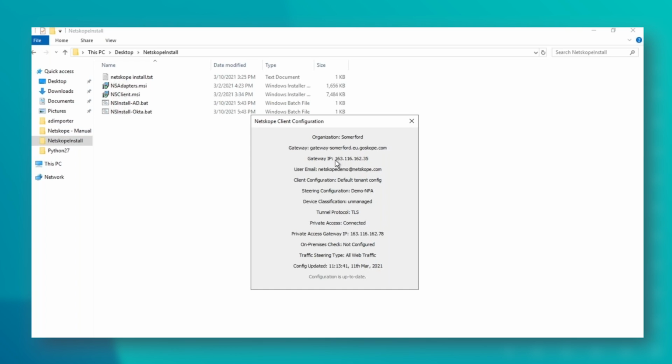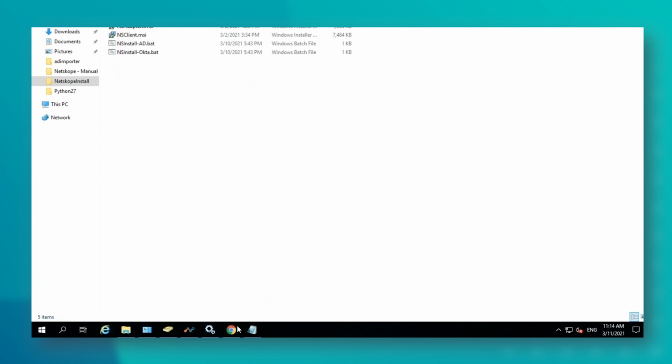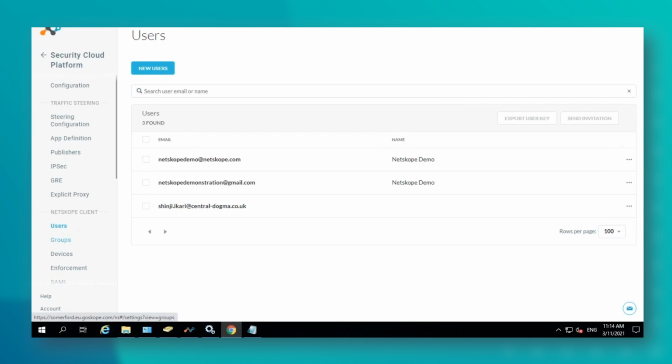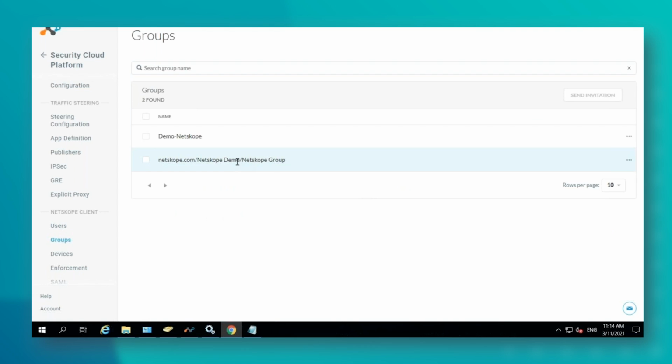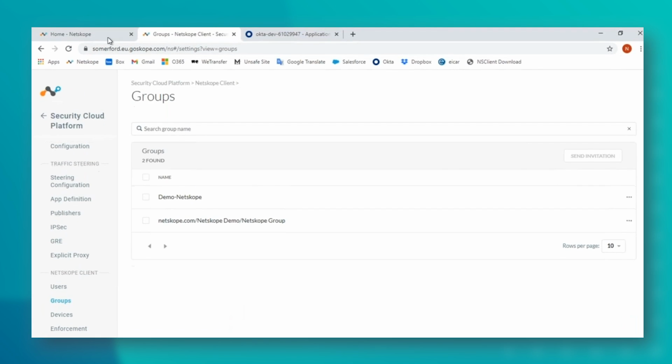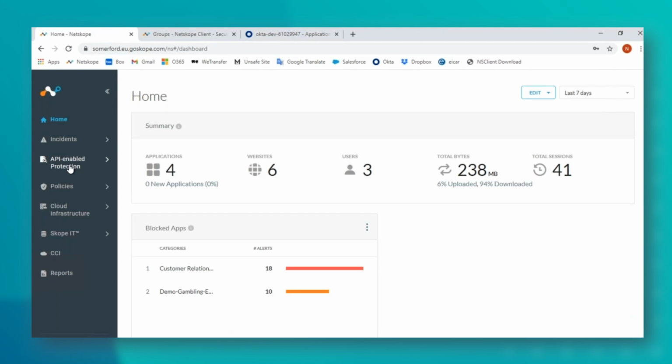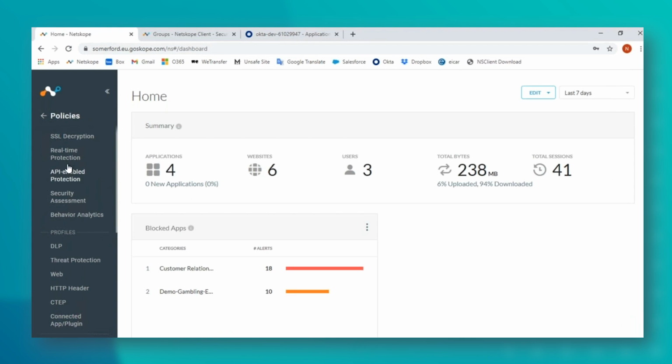Now, because we're using the directory importer as well, if we jump over to here, the group appears inside of the tenant as well, which is important because now we can change our policies to match groups.